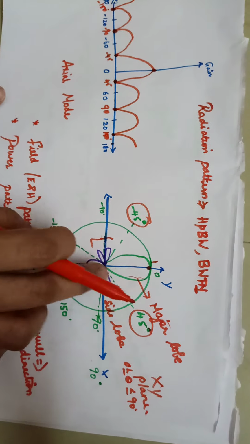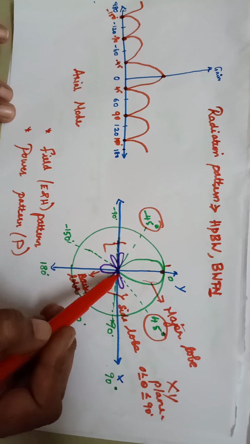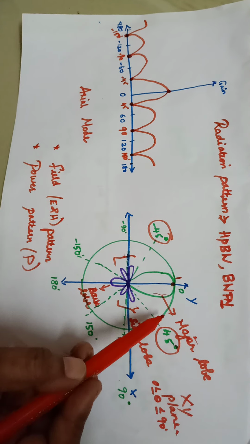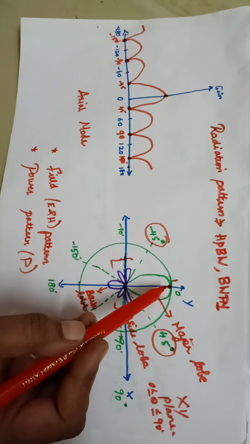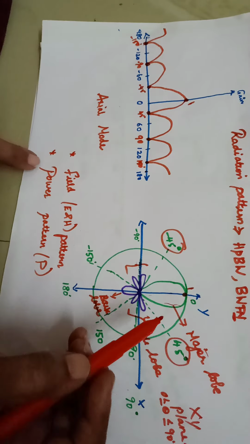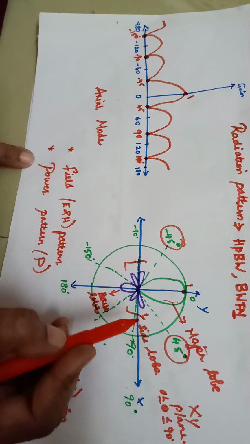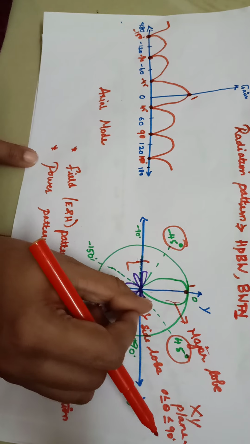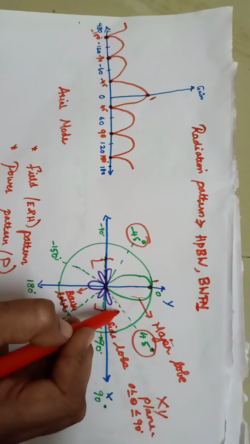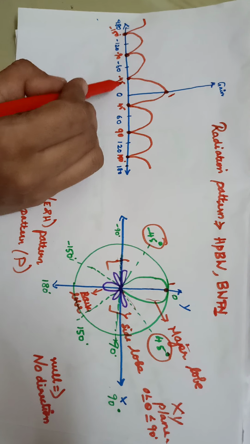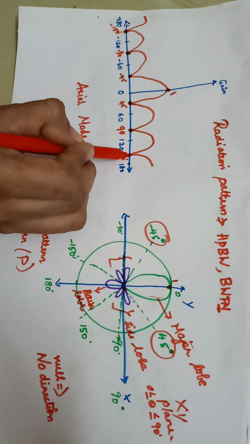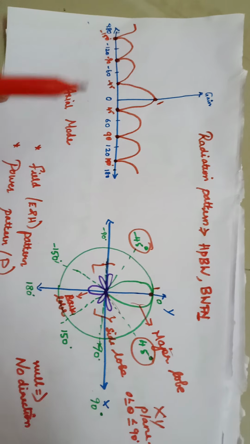Again, let me explain how I have drawn the gain pattern. First, find out in which direction, at which angle, it shows the maximum. The major lobe is at 0 degree, and the value here is 1, so the magnitude is 1. I am marking this here, and plus 45 and minus 45 is the null. There is no direction at this point. When I draw a straight line and mark, the angle is 45 degree, so I'm writing plus 45 to minus 45. These dots represent the starting value, where there is no direction. Like this I've drawn the axial mode.